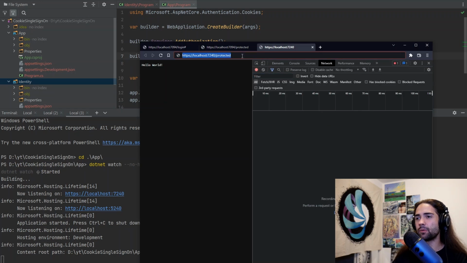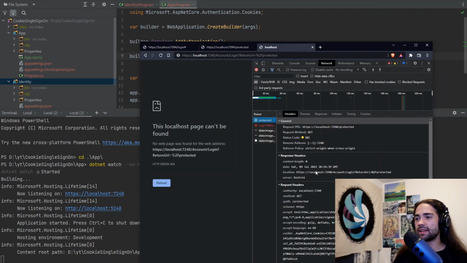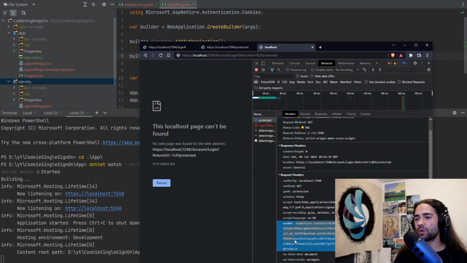Again, let's open up the network tab. You will see that on the protected endpoint, we still send the same cookie, which belongs to the same domain, being localhost. However, the second application just doesn't know how to interpret this cookie. This is where you use the data protection API to share the keys between the applications which create these cookies and are able to basically open them up with the information that they have inside of them, otherwise the process